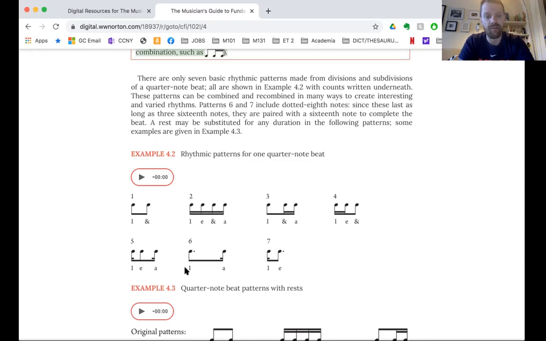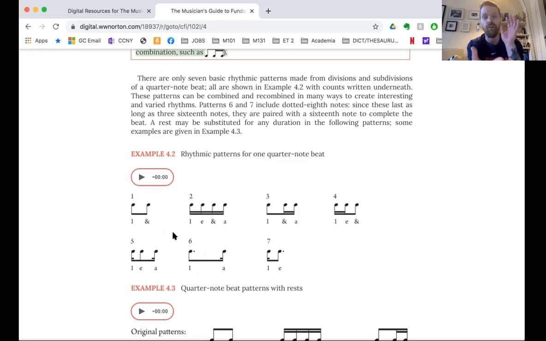And number 6, this first note is held out for 3 16th notes. That's why there's a dot. It's an 8th note with the dot. Remember, a dot adds half the duration to the already current duration. So an 8th note, what's half the duration of an 8th note? 16th note. So we have 3 16th notes worth of time here,